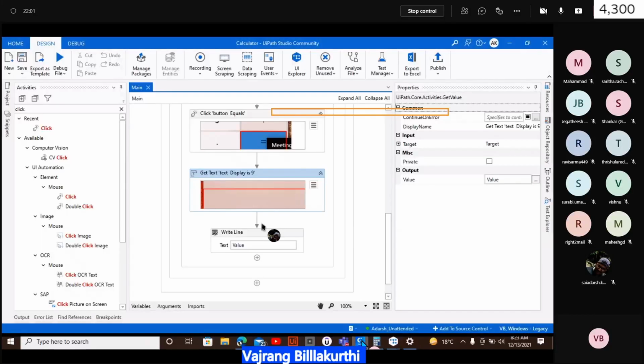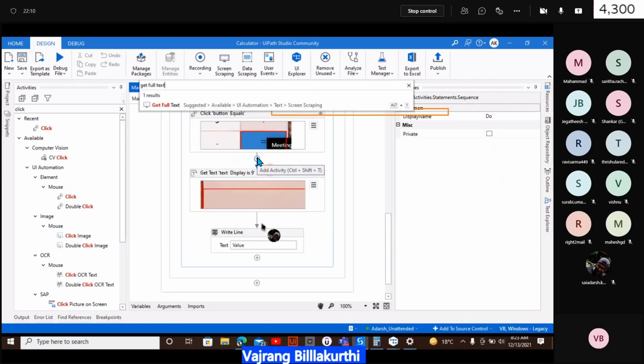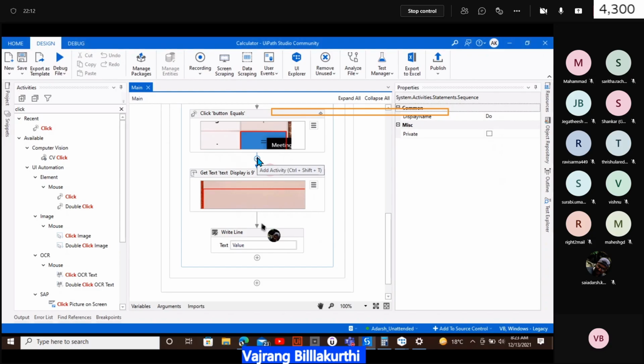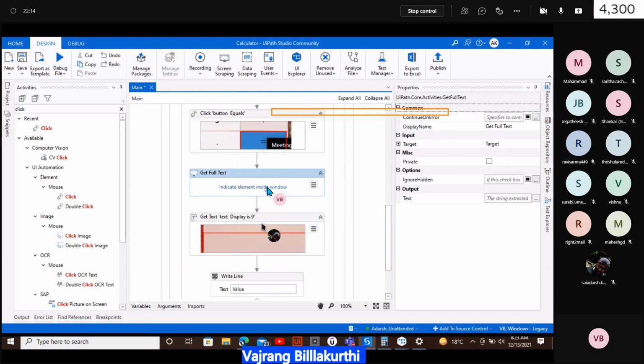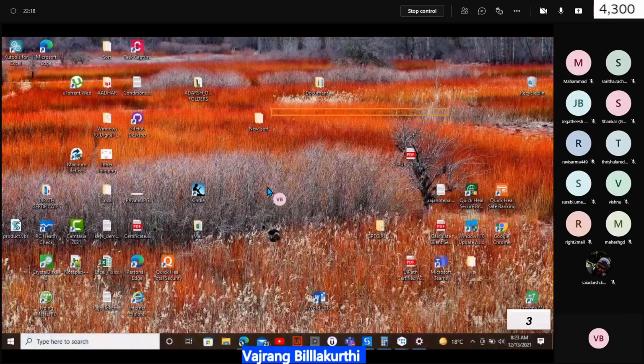Okay, let's go with this. And then copy. Let's use copy text or get full text. So indicate element. Okay, this is not coming in.